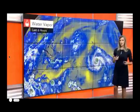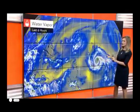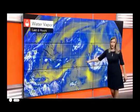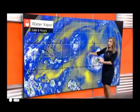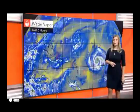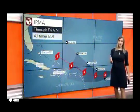And of course, with that moisture, we take a look at the water vapor imagery. And this has been something to watch over the past few days because Irma here really doesn't care about the dry air in front of it. In fact, it's been eating away at that dry air, not really hindering Irma at all. So that's kind of something very interesting to note here because there's really nothing slowing it down,